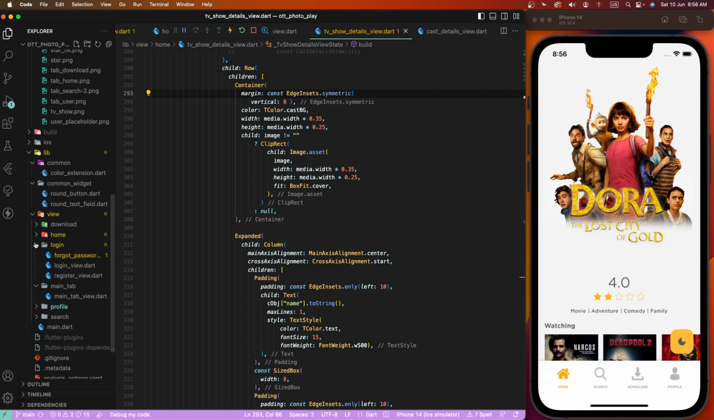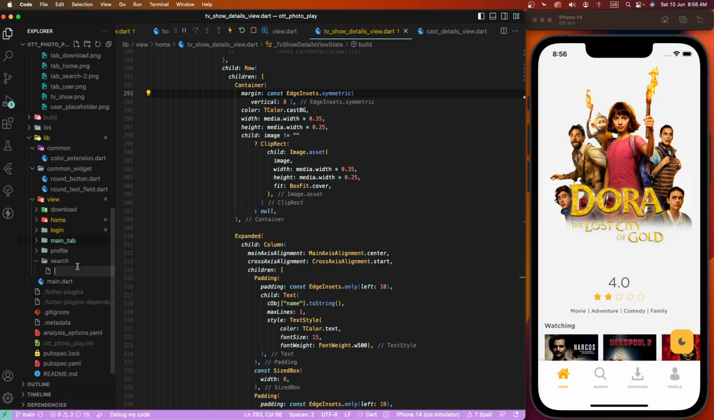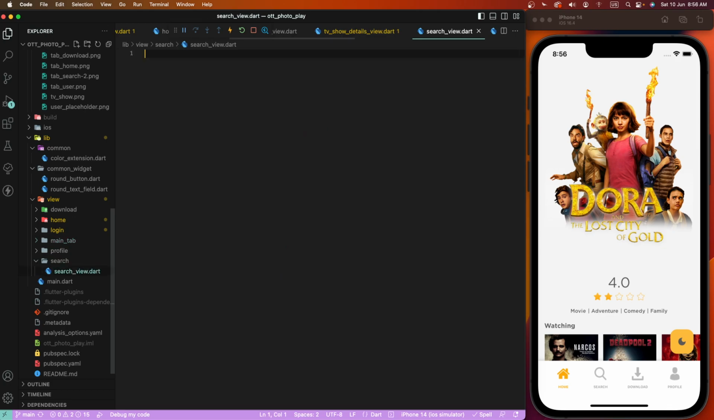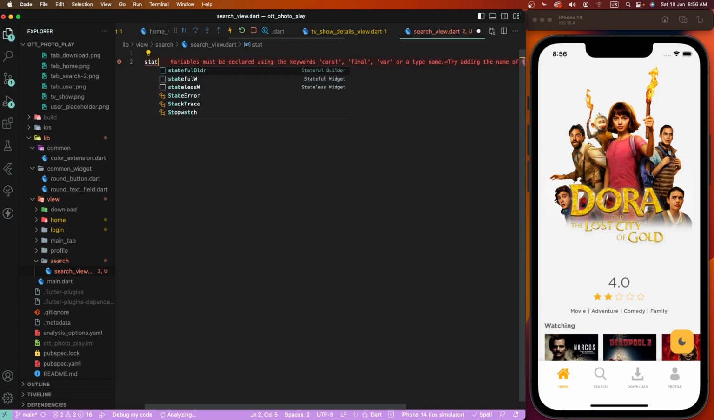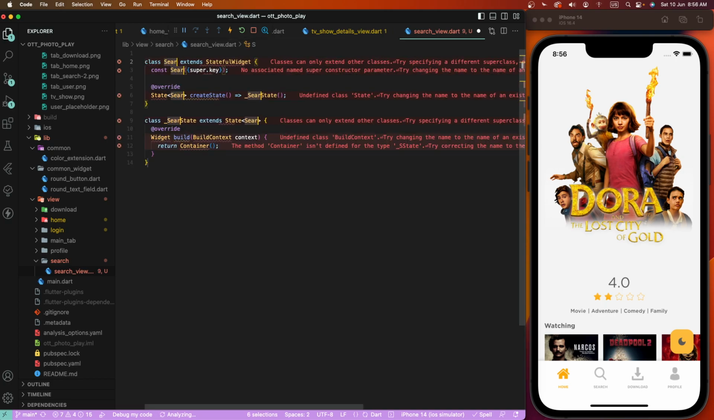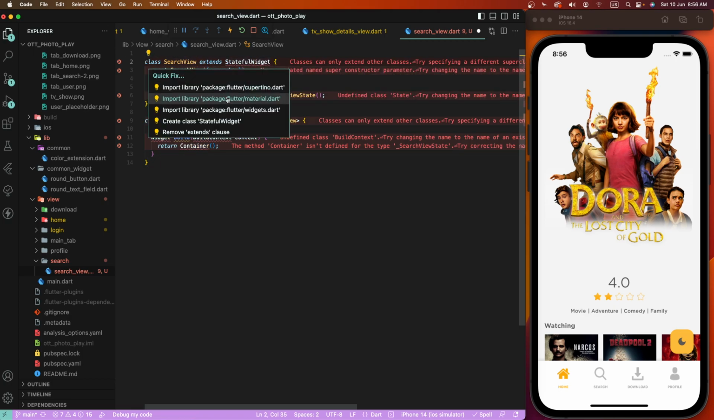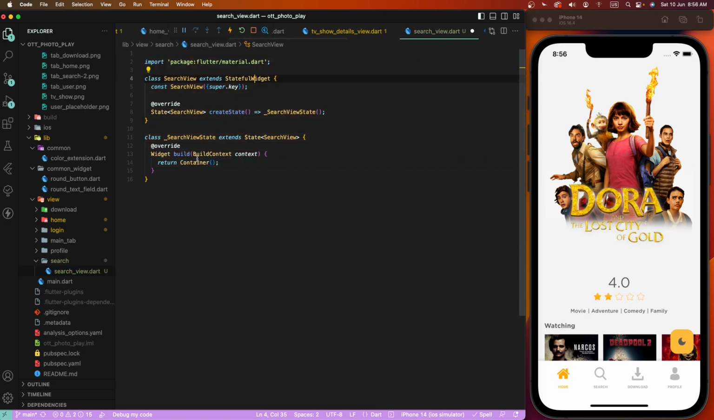Okay, now first we need to start with the search screen. The search tab we need to develop. First of all, we need to create a new file and write search view, and write a stateful widget here, search view. First of all, we need to import the material dependency,